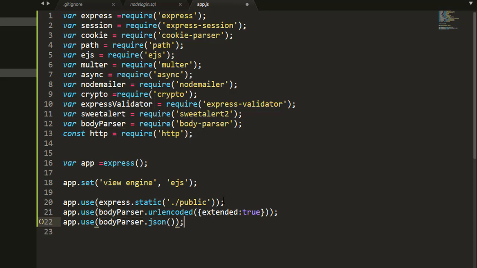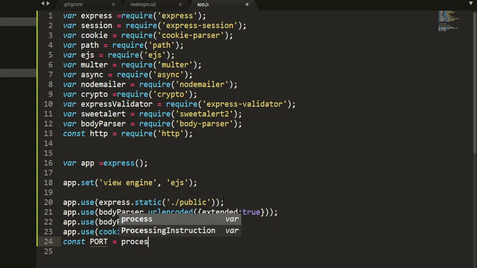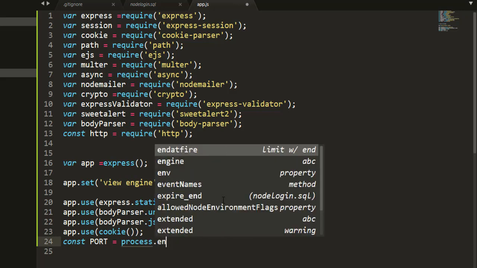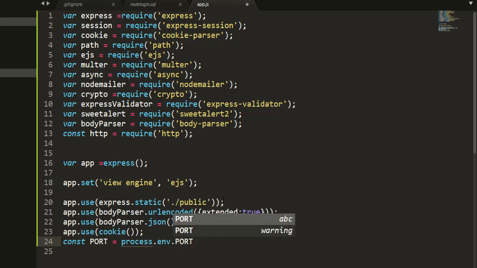All right. Then we need this app.use, then let's get the cookie parser. Having done that, we want to run our app on localhost. So let's come down here and say const port is equal to process.env.PORT. What I'm trying to do here is that if we are on localhost,